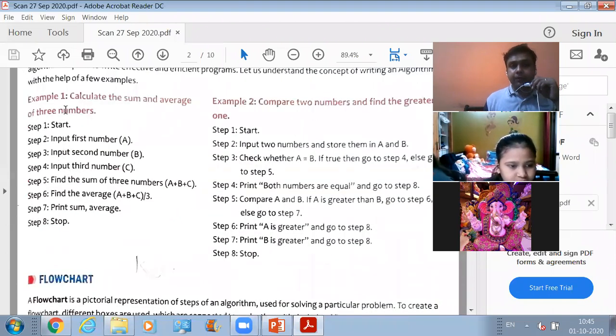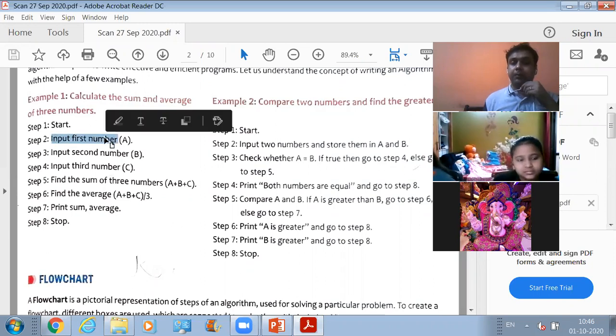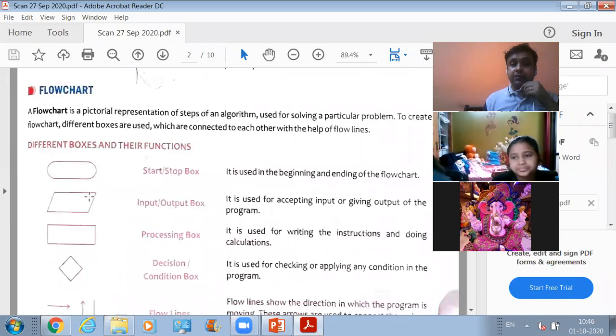Now comes this input output box. In this second step of this algorithm, calculate the sum and average of three numbers, what are we doing in the second step? We are asking the user to input the first number. That's what we are doing, right? So which box are we going to use for representing this step? We will be writing this step inside this input output box.